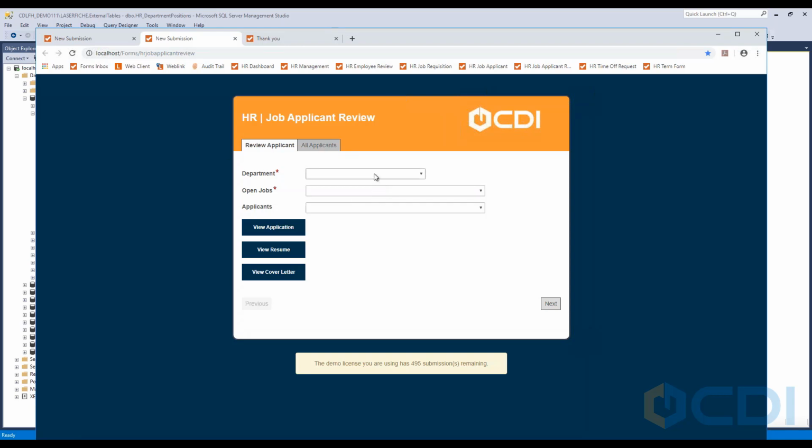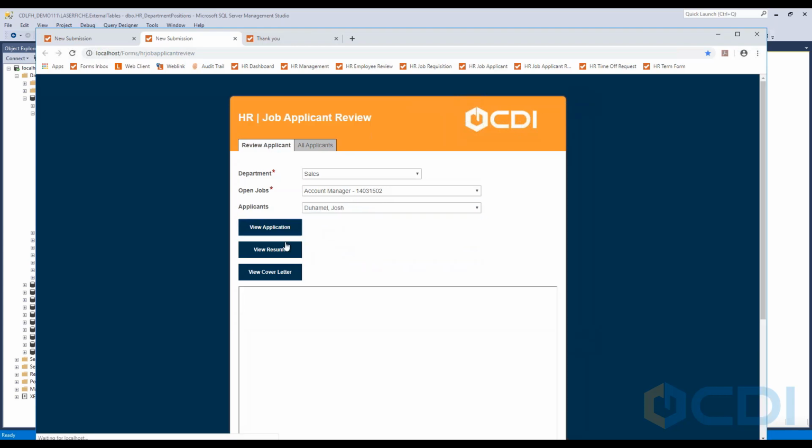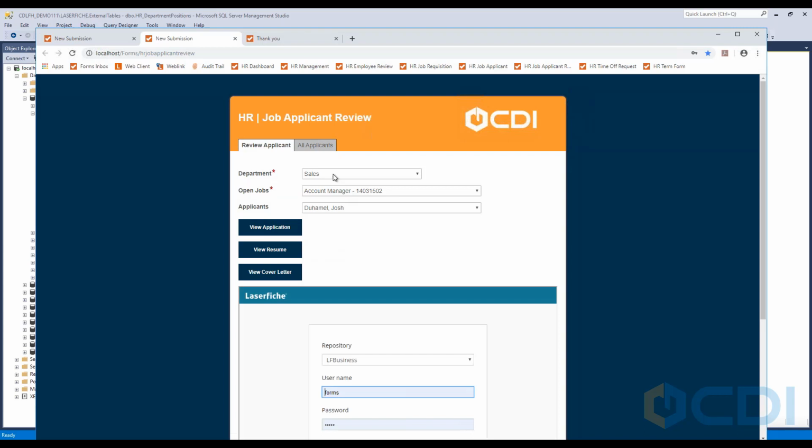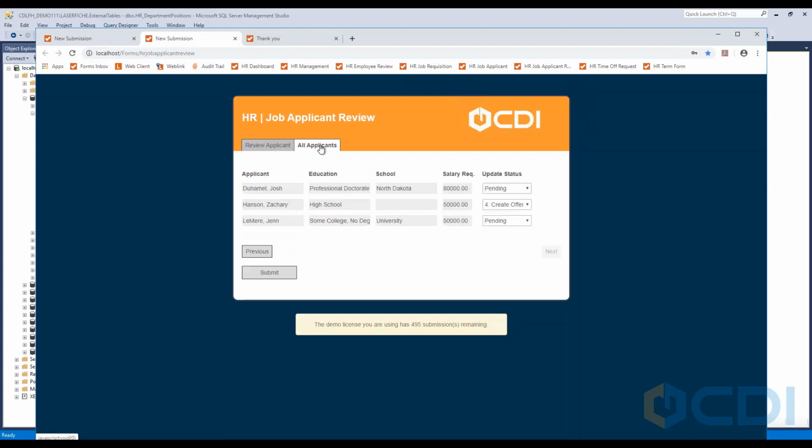So I can review a specific applicant. If I want to look at the sales team, I can see who has applied for the account manager position, and I can selectively choose them and view their application. Or I can view all the applicants at once. And in this form, again, this is all tied to SQL tables,